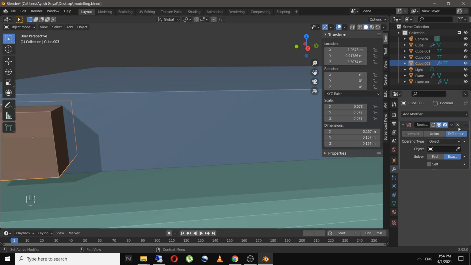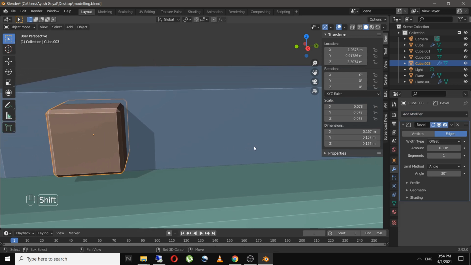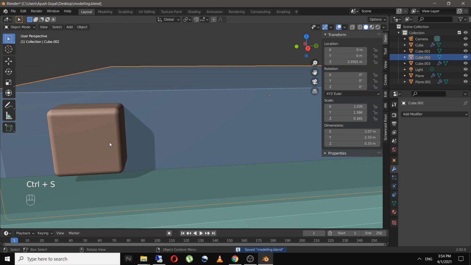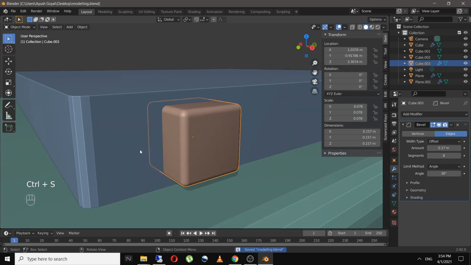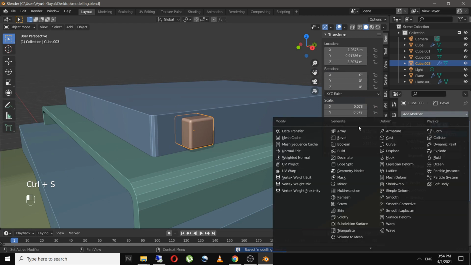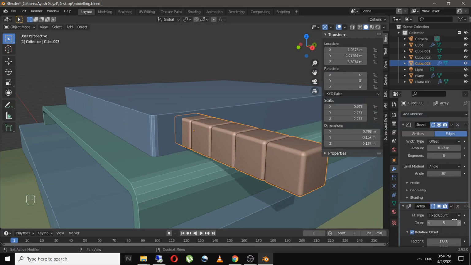Sorry, bevel modifier. Increase the segments and increase the amount, something like this. I'll shade it smooth, and I will add an array modifier on Y axis.